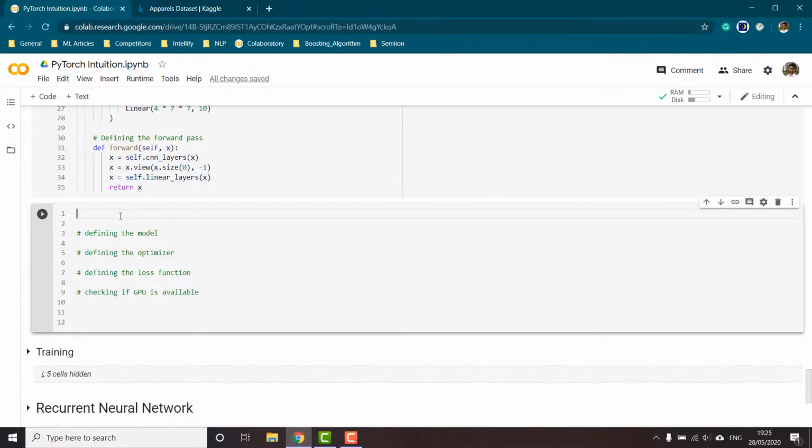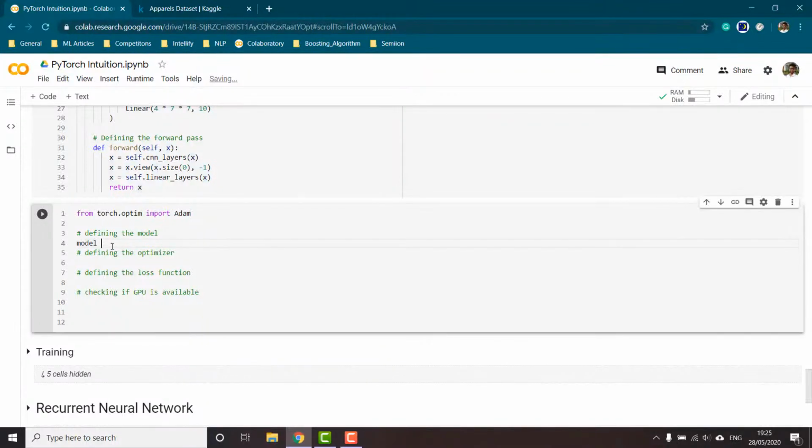Now let us define our optimizer and loss function. For optimizer, here I would be using Adam optimizer from torch.optim import Adam, which will import the Adam optimizer. Next, we are going to define our model.